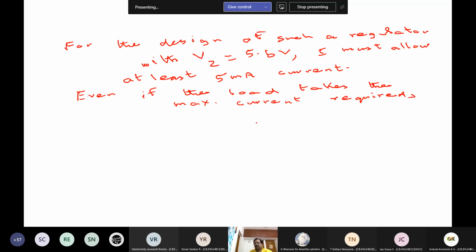I can't take the minimum current. That means I am not going to construct a voltage regulator. I must be able to deliver the maximum possible current. Any other current is possible automatically, right? So the maximum current the load must take, that is required. So if the load takes the maximum current required, which is 15 milliampere,